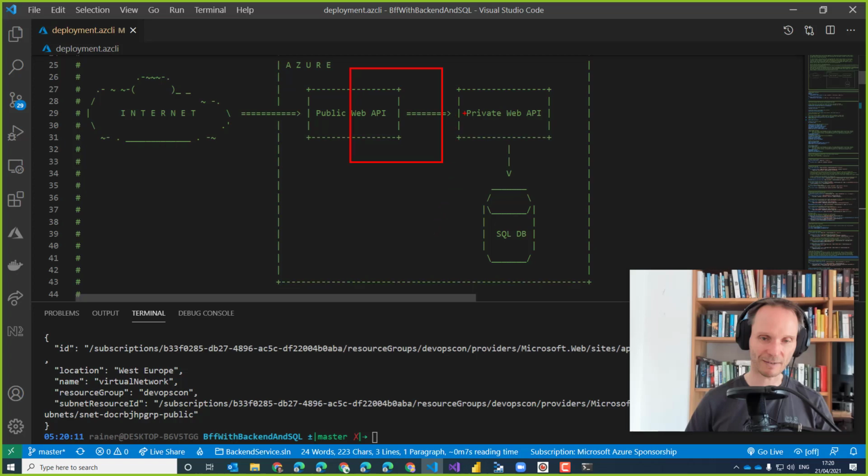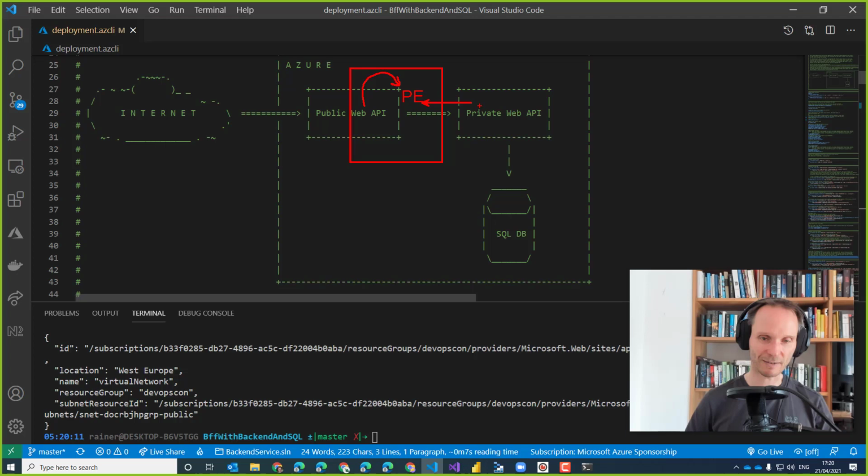But what I will have is I will get a so-called private endpoint inside my VNet, but it will just be a private IP address. And when I access this private IP address from the public web API, Azure will make sure to securely transmit the traffic directly to my private web API, which in fact runs out of my VNet, but the private endpoint is really, as the name suggests, the private endpoint with the private IP address through which I can securely communicate with the private web API.